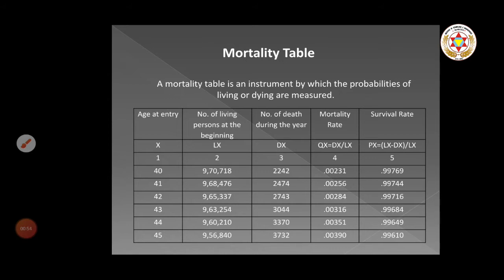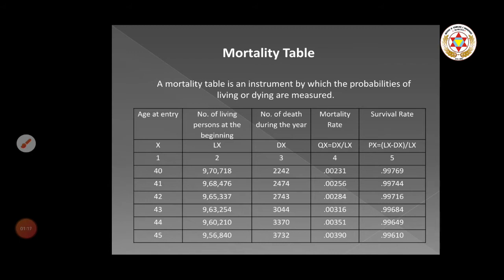You have listened so many times even on the news channel that the mortality rate is this. As you know, this is the COVID period, so every time I just open the news channel, they say today mortality rate is this. So mortality rate is basically death rate, right? And a mortality table specifies both the mortality rate or death rate and the survival rate, right?